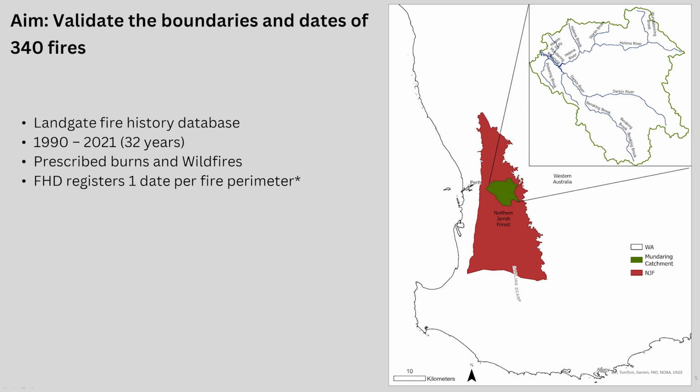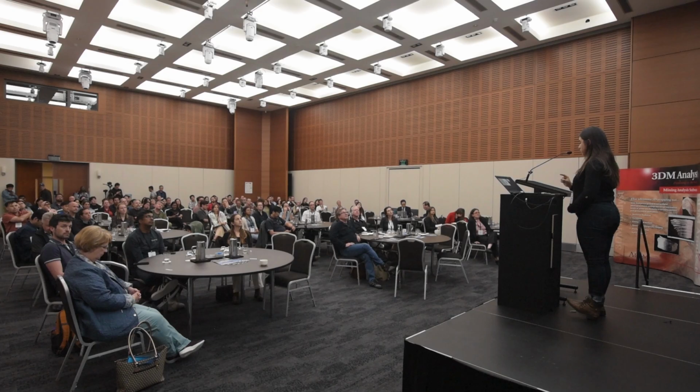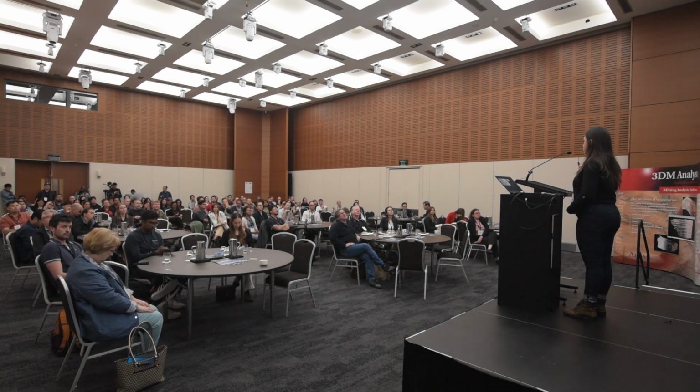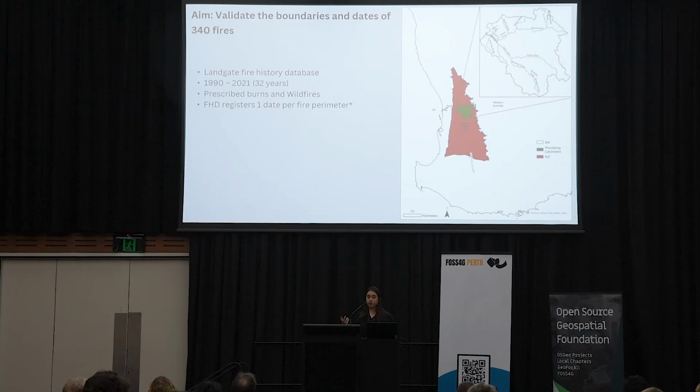So, although the fire history database contains numerous attributes, I focused on the validation of fire boundaries and dates for 340 fires, because they were the two main elements that would allow me to study elements of fire history, such as fire frequency, fire return interval, number of fires, and fire severity, which was the target variable. So for that study, the location that was chosen was Mundaring Catchment, located in the Jarrah Forest in